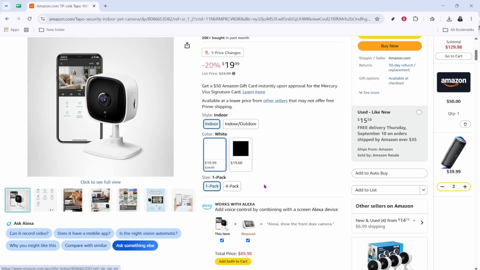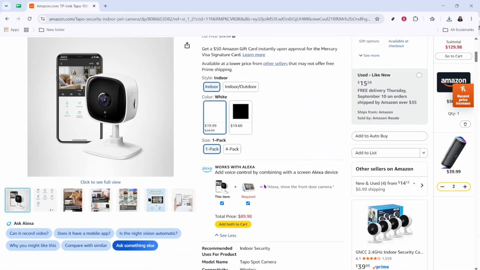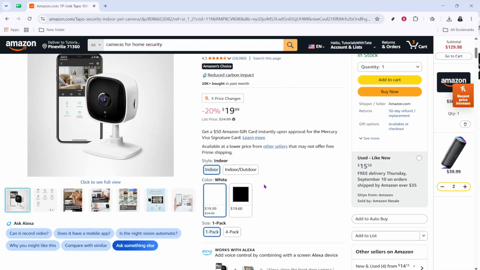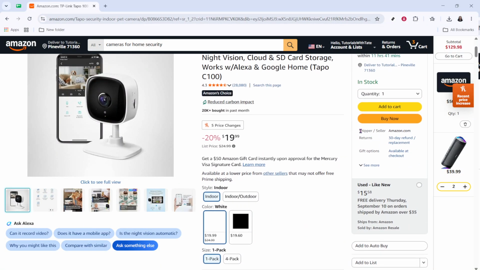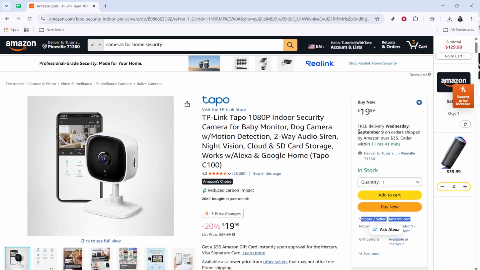other specifications. Next, check the ships from and sold by information, which is usually shown near the purchase options. This tells you who is handling the shipping and which seller is offering the product. If the item is sold by a third-party seller, you can click the seller's name to view their available information